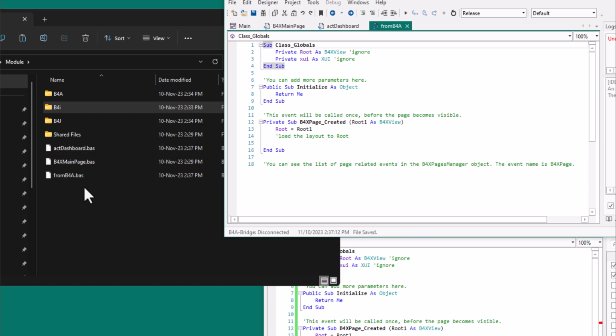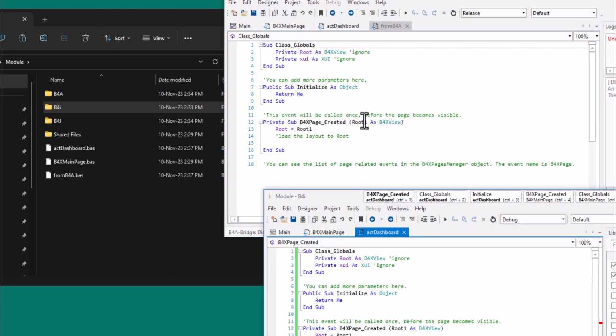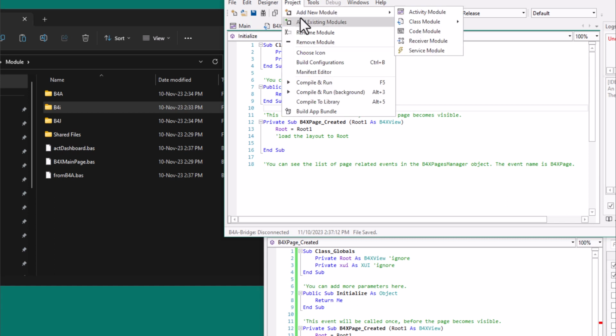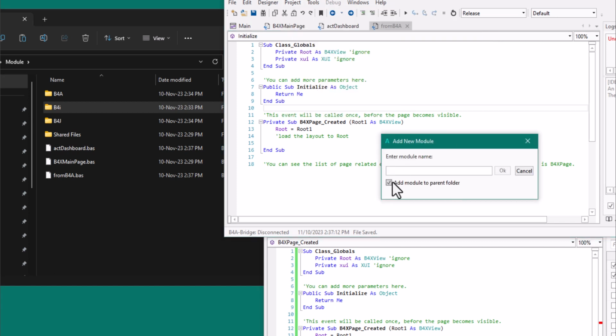Okay, there may be some instances where you want to save the model, or the model is only unique to one platform. Maybe there is a code base which you just wanted to be used in B4A or exclusively for B4I. In that case, you don't need to select the parent folder, right? Let's create such a model. So you go to project, add new model, class model, B4X page. But this time we will not select add to parent model. Let's create this and say unique B4A and click OK.